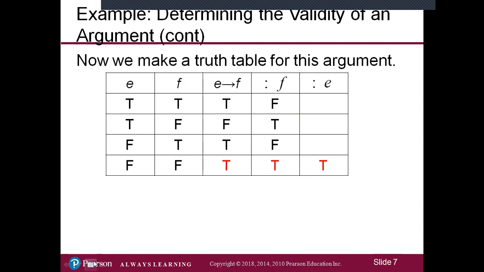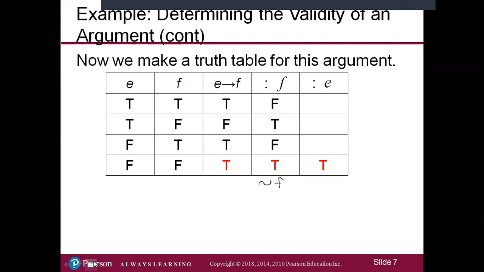From there, we look at premise number 1. Premise number 1 was if E, then F. Premise number 2 was not F. And the conclusion was not E. So this is not F. This is not E. And our argument read, if E, then F, not F, therefore,